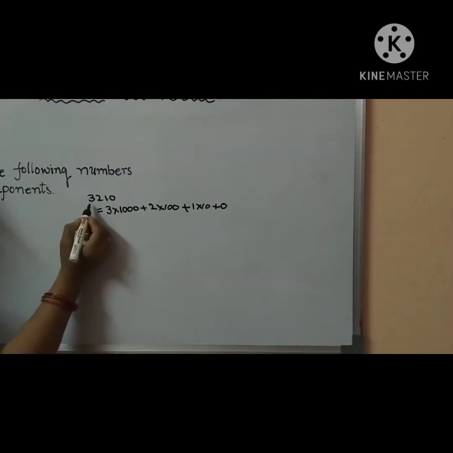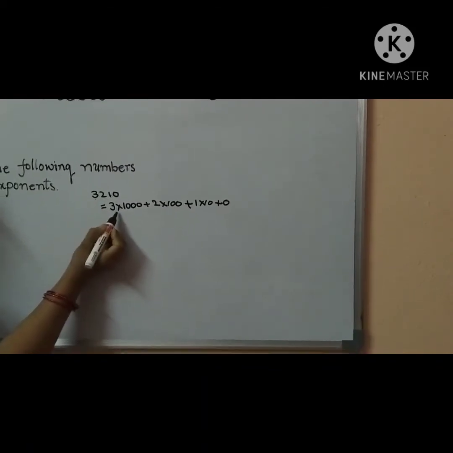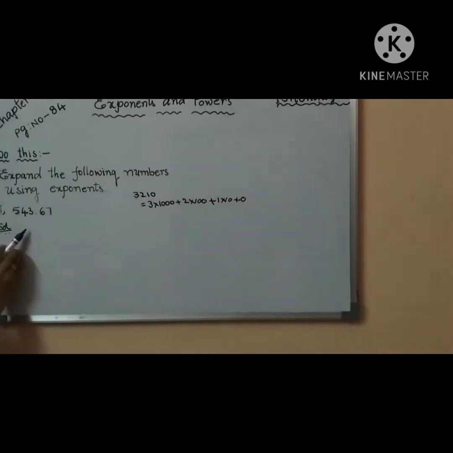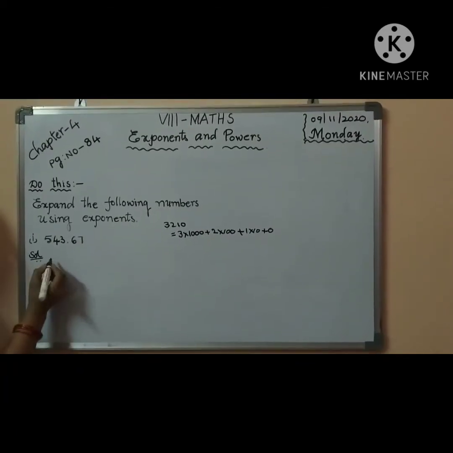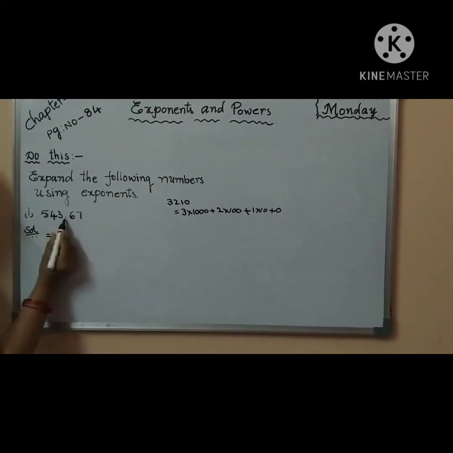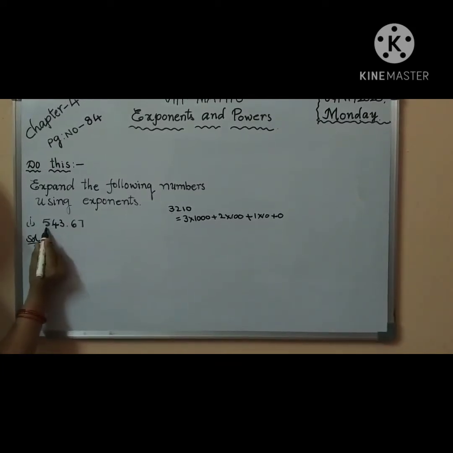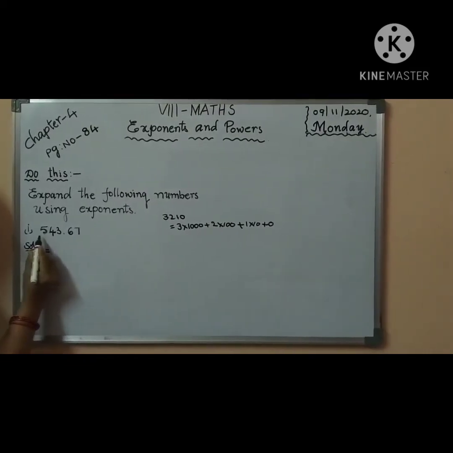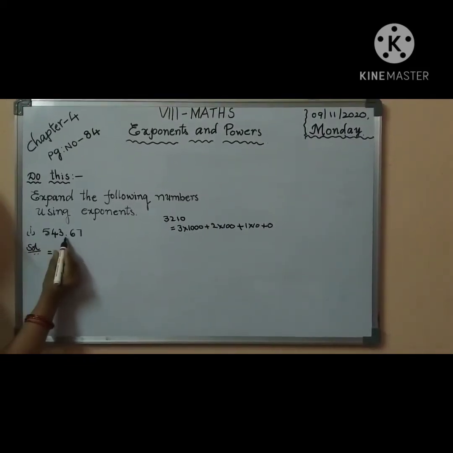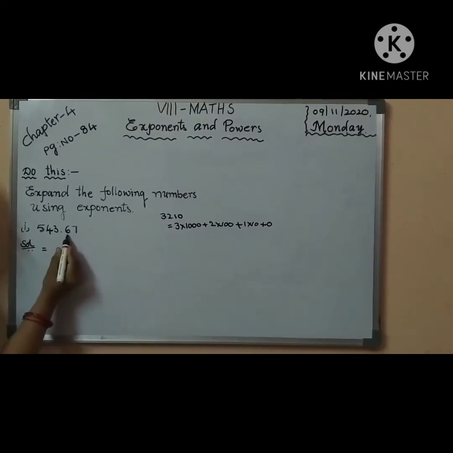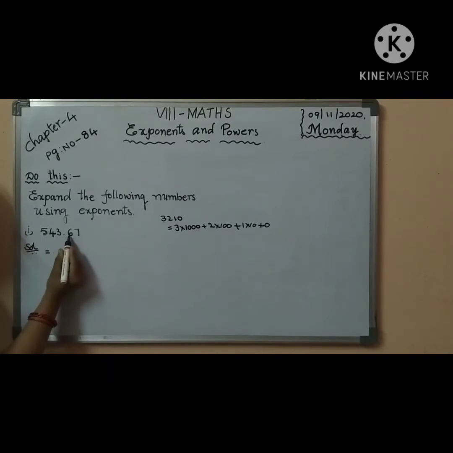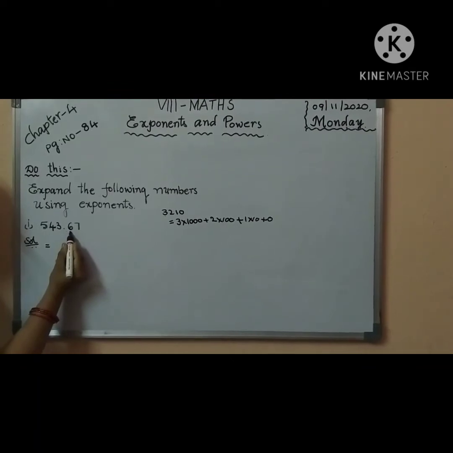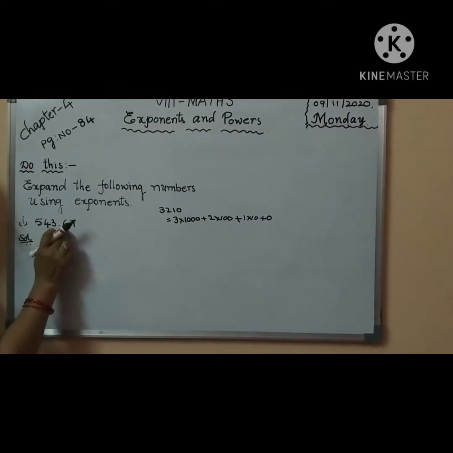So this is the expanded form of a number. In this chapter we write the decimal number and change it to the expanded form. Here we read the place values before the point as ones, tens, hundreds, counting from the left side onwards. For the digits after the point, we count from the right side onwards, the place values as tenths, hundredths, like this. Okay children, did you understand?